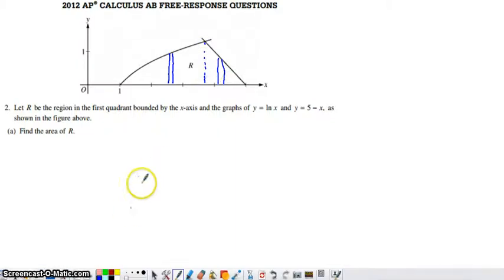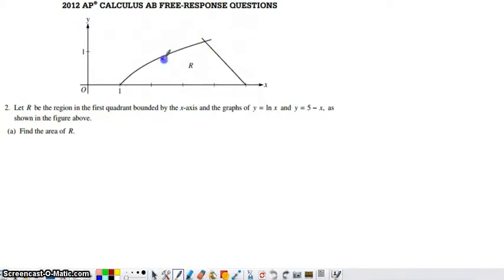If I want to, I can find the area of this region to the left of this dashed line with that slice, find the area to the right of this dashed line with that slice, or since that's a triangle, 1/2 base times height, and add the two results together. I think if I switch the orientation of my slice, I'm going to be able to do this a lot easier. So I'm going to get rid of these vertical slices,